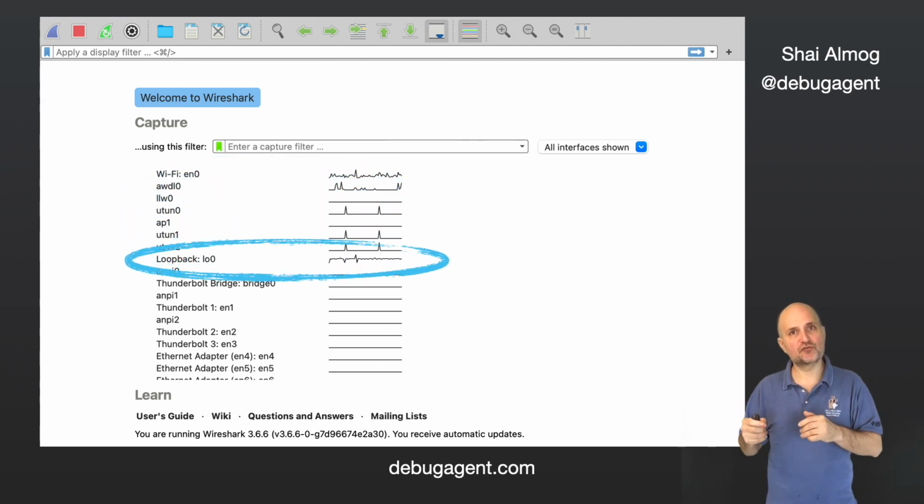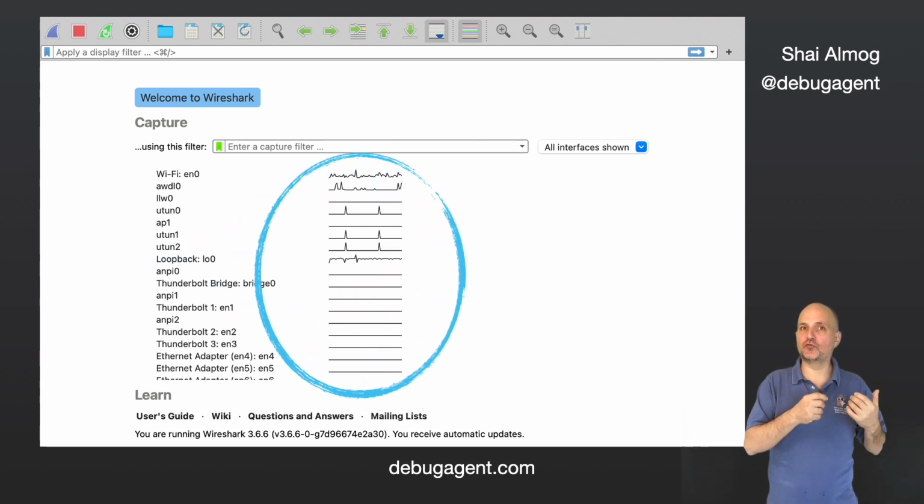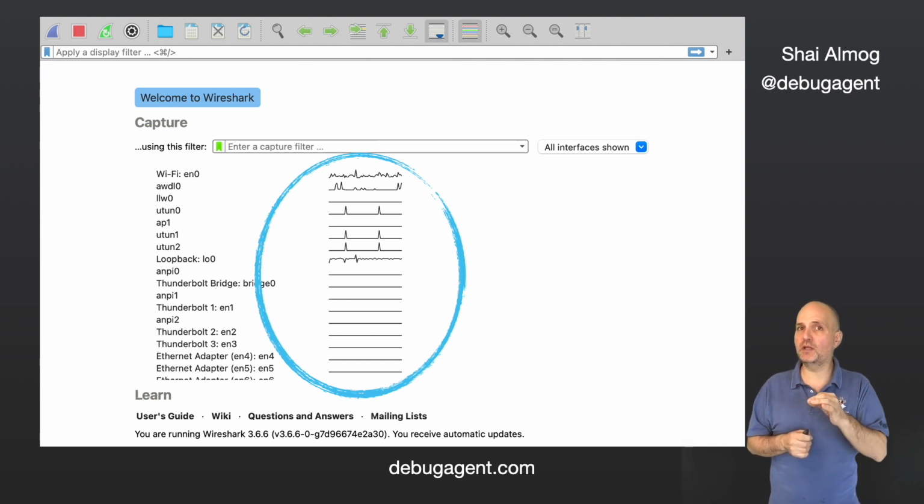If the server is running locally, you should debug the loopback. Look at the activity graph on the right-hand side. This shows you instantly which interface is active and which one isn't. You probably only care about active network interfaces, so it has to be one of those.